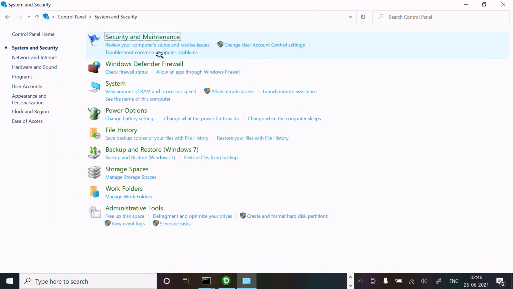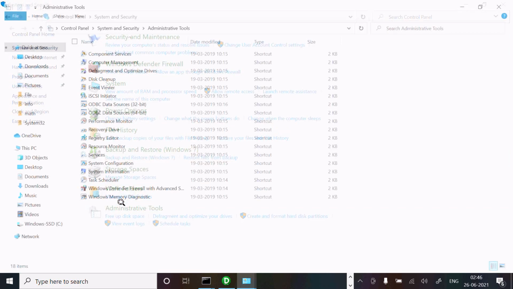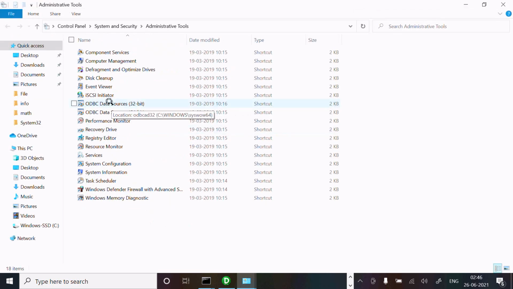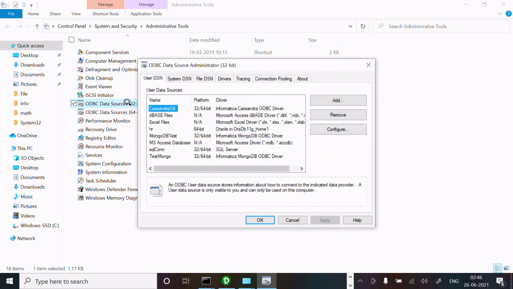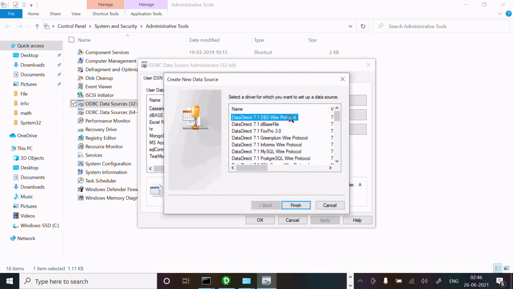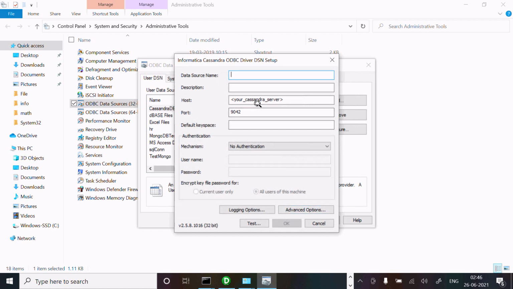Here System and Security, next Administrative Tools. You need to select ODBC Data Source 32-bit. Click this one. The Cassandra DB that I created, from here you can also create that. Let's find the Cassandra driver, finish, and write Cassandra